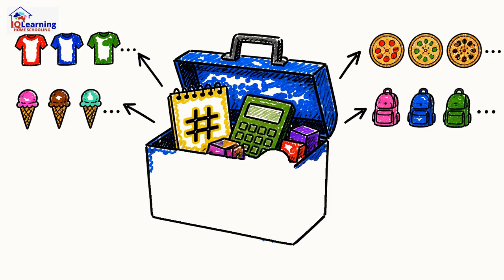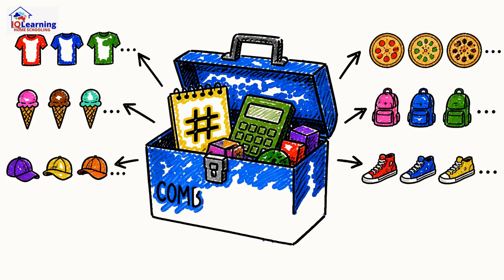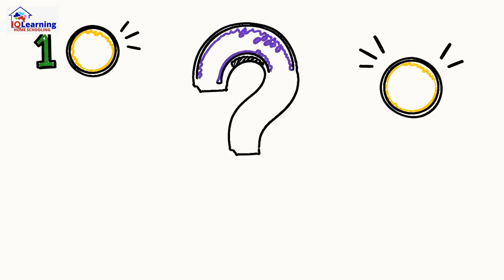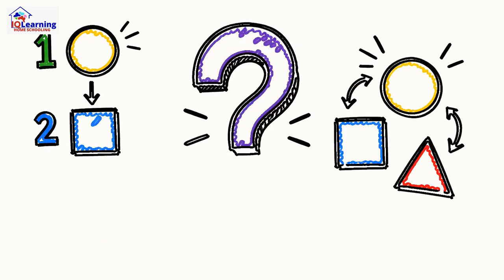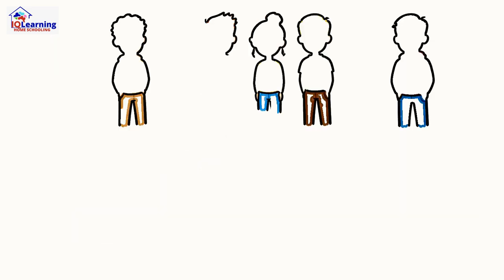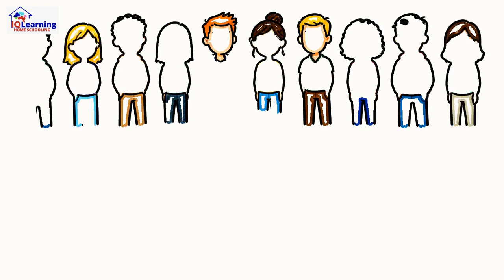It's the tool we use to figure out just how many ways things can be arranged, selected, or combined. And at its core, it all hinges on one simple, powerful question. Does order matter? Imagine you need to choose a president, a vice president, and a secretary from a group of